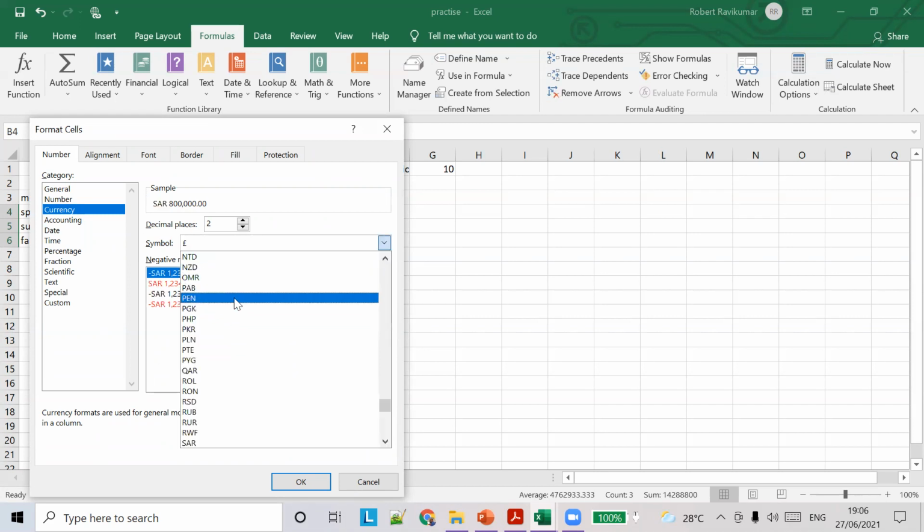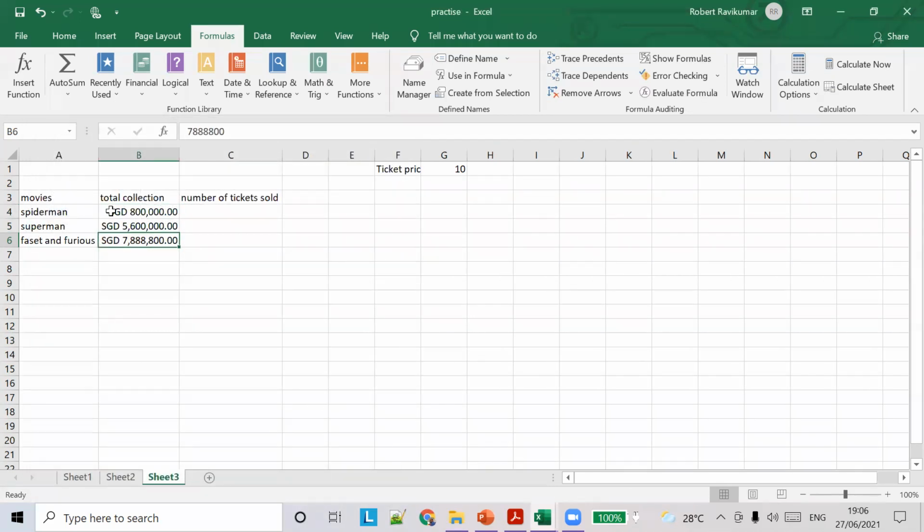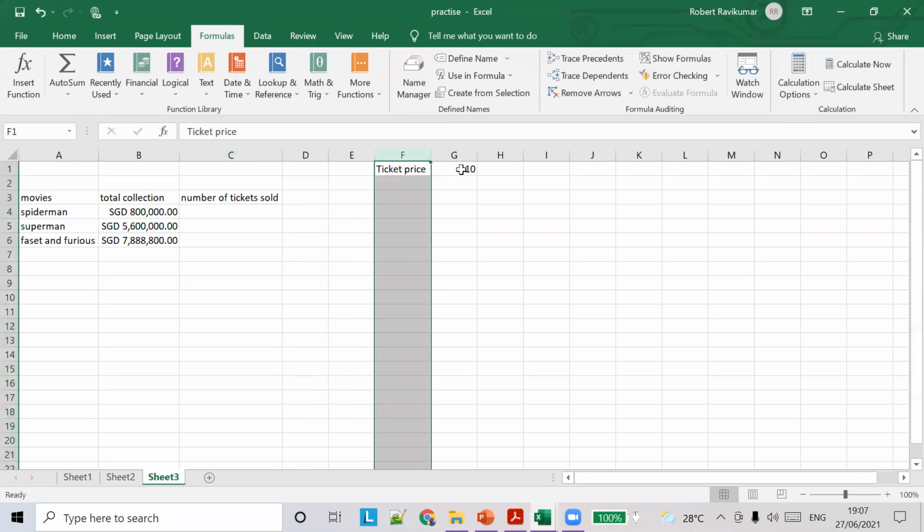Okay, SGD is here. That's it. So now you can see the formatting done. Now what we have to do is find the number of tickets sold. So what is the formula to find the number of tickets? Total collection divided by the ticket price, right?